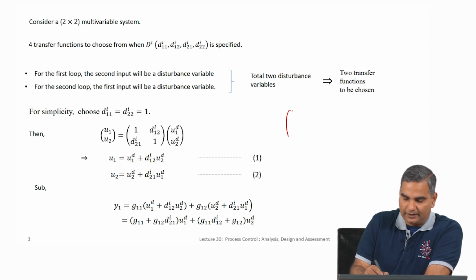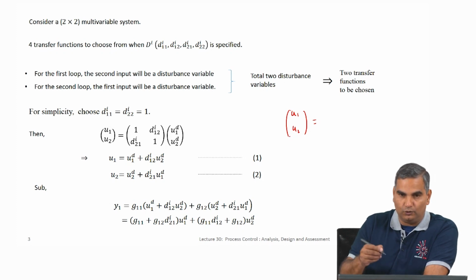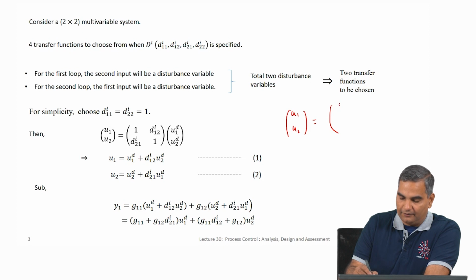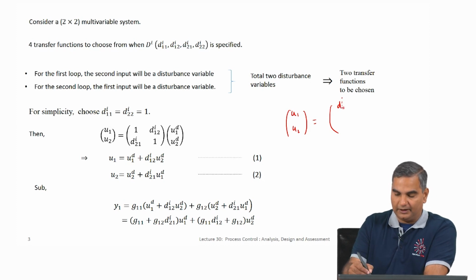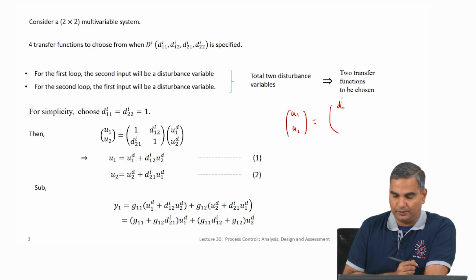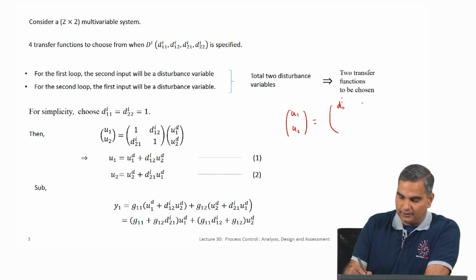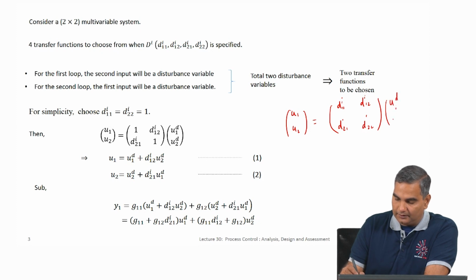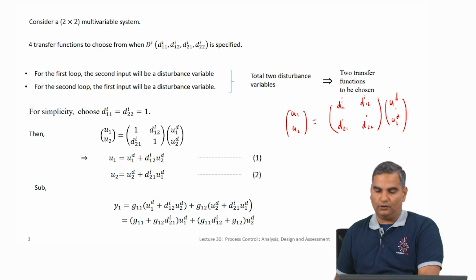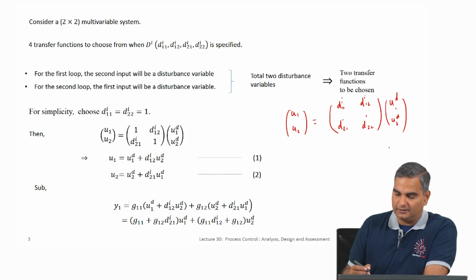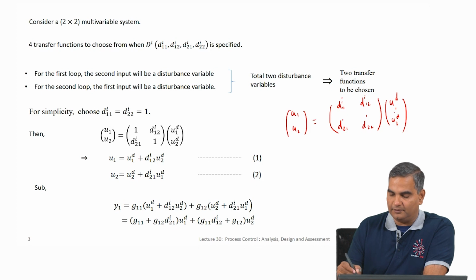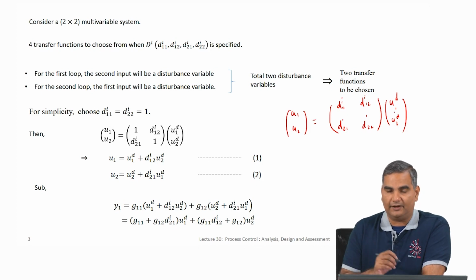So, I might write this equation like this: u1 u2. This is ultimately the final values I need to keep for the true manipulated variables. I might say, okay, I have Di 1 1. This is the input decoupler, that is the reason why I use a superscript I, and 1 1 you will see what that is, Di 1 2, Di 2 1, Di 2 2, and then I have u1 decoupled input, u2 decoupled input. So, this might be a standard form. Basically what this says is I have computed this u1 decoupled and u2 decoupled somehow, and I really have to convert that to true inputs u1 and u2, because those are the physical inputs.